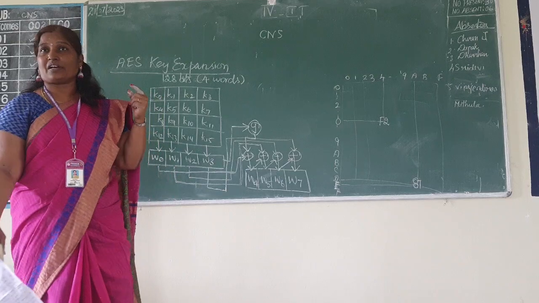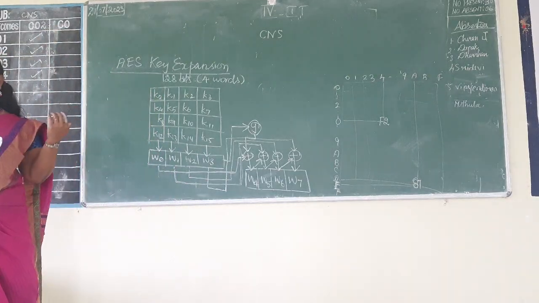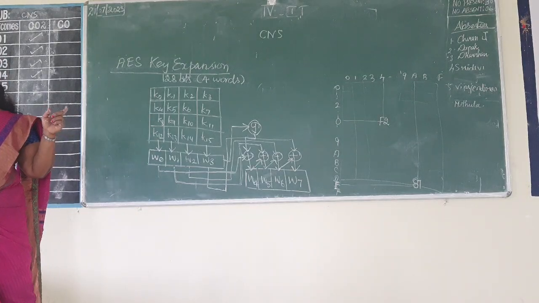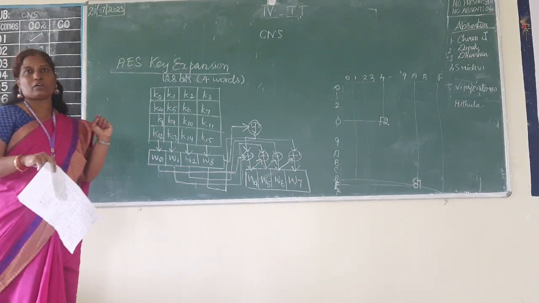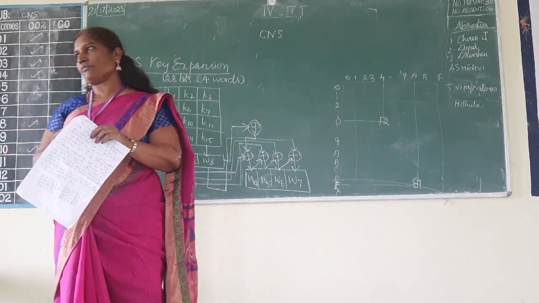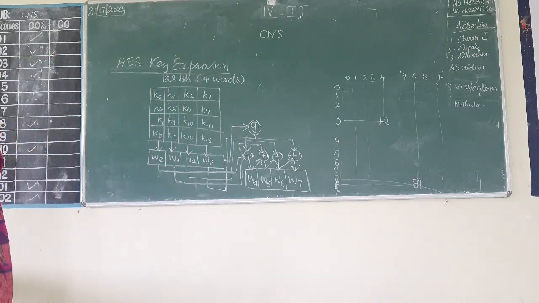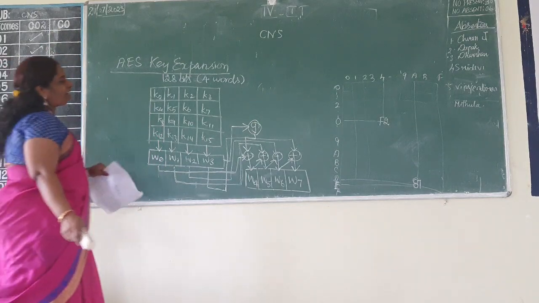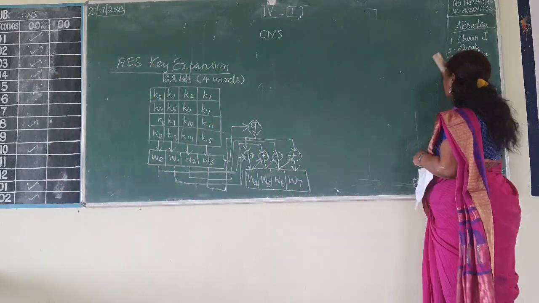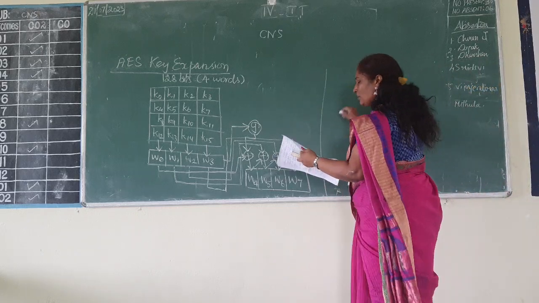So we are not generating any different key over here. We are only expanding the key from 4 words. We go on expanding the key till 44 words because we are doing 11 rounds in the AES algorithm. Clear? So this is how the key will be expanded. A very important thing here is what exactly this G does. The function of G is again important over here.